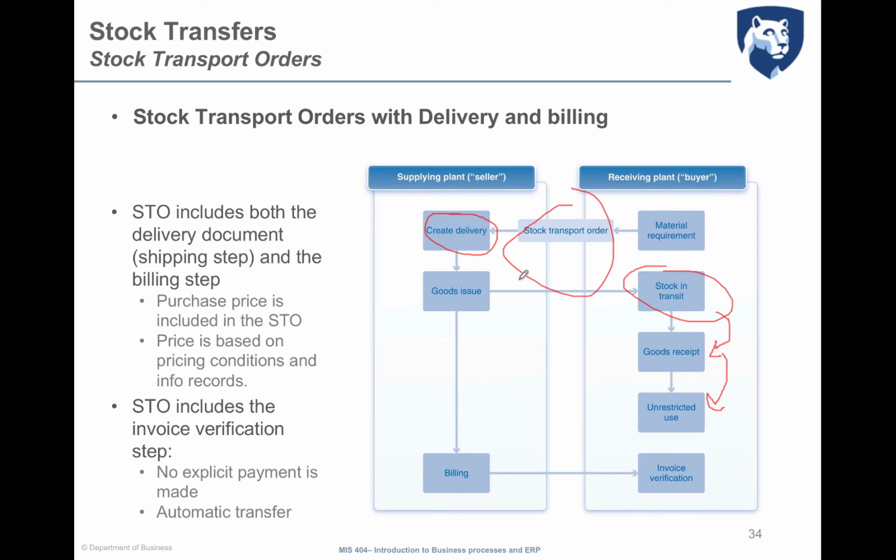When goods are issued, a bill is created from the supplying plant and is sent to the receiving plant. Of course, while here we need to match the stock transport order with the unrestricted use, with the invoice verification we need to align everything. So we need to verify that the invoice is aligned with the material which has been recorded and put in unrestricted use with the initial stock transport order that was issued at the beginning of